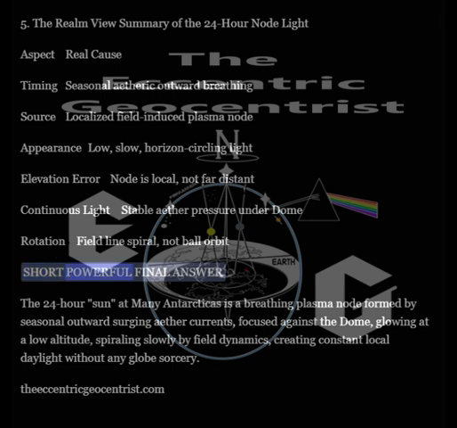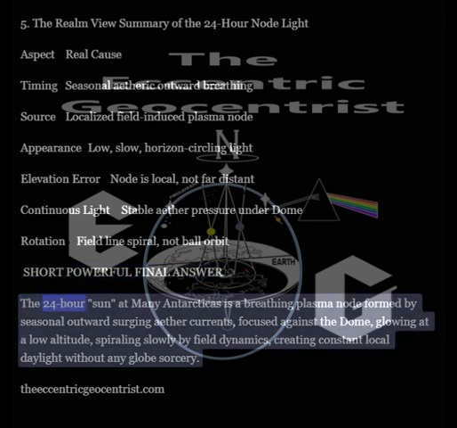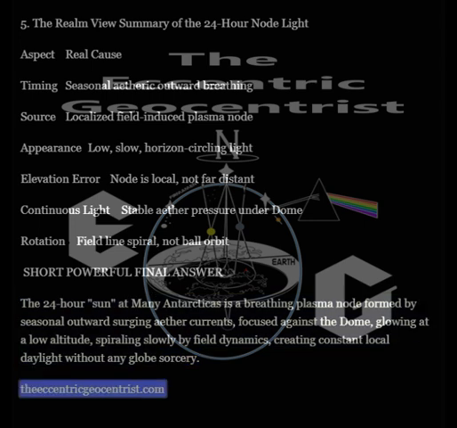Short, powerful final answer: the 24-hour sun at many Antarcticas is a breathing plasma node formed by seasonal outward surging ether currents, focused against the dome, glowing at a low altitude, spiraling slowly by field dynamics, creating constant local daylight without any globe sorcery. TheEccentricGeocentrist.com